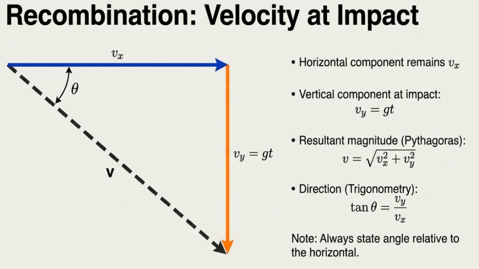As the object moves through the air, its horizontal velocity remains constant because there's no force acting horizontally in this scenario. The vertical component of the velocity, however, changes due to gravity and can be found by multiplying the acceleration due to gravity by the time elapsed. To find the total velocity at impact, you combine both the horizontal and vertical components using the Pythagorean theorem, since the components are at right angles to each other. This gives the magnitude of the velocity vector. To determine the direction of this velocity relative to the horizontal, you use the tangent function, which is the ratio of the vertical component to the horizontal component. It's important to always express the angle relative to the horizontal